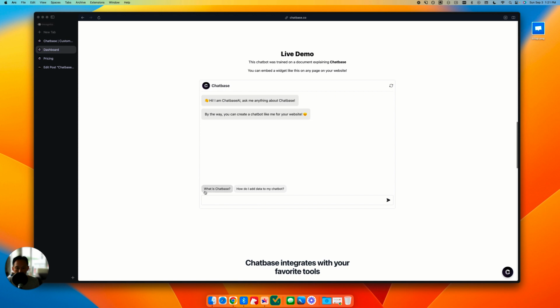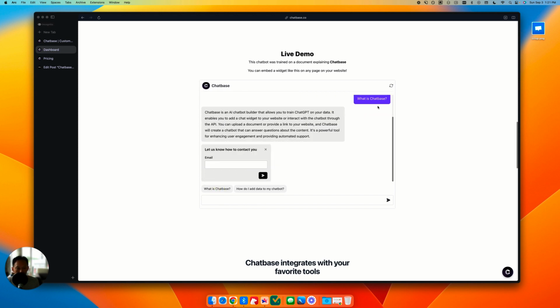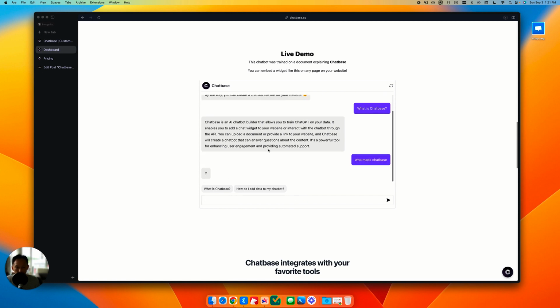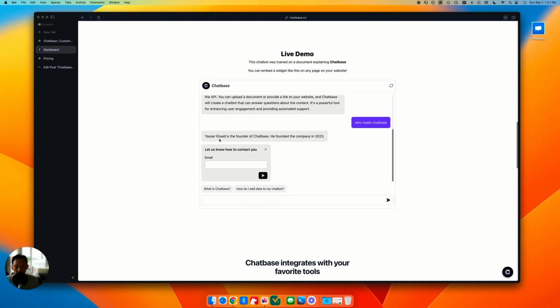But what you may be interested in at the bottom of the web page is that you can actually play directly with the chatbot. So if you want to ask it questions like what is Chatbase, it will quickly give you the trained data. You can ask things like who made Chatbase, and it should give you the correct answer. Yes, sir. Yep, that's correct. And they have a founded